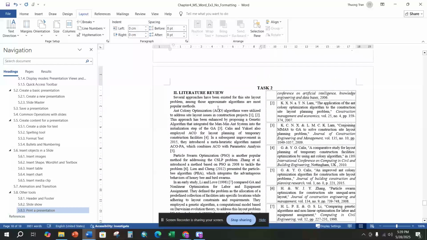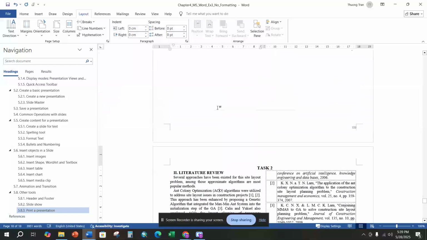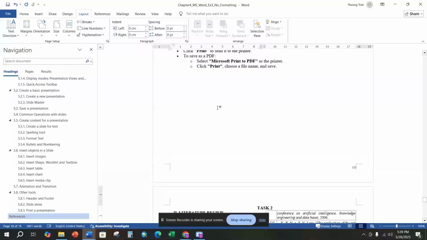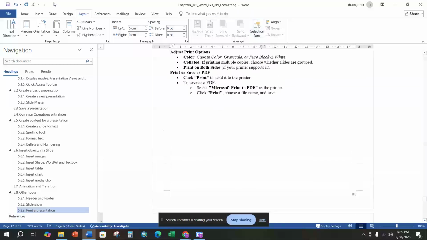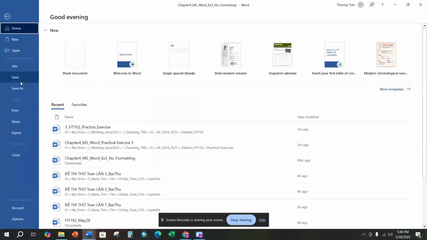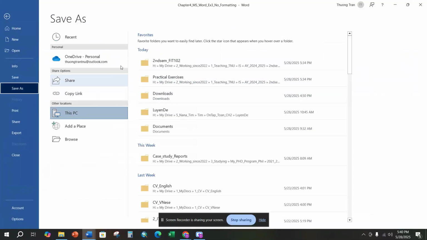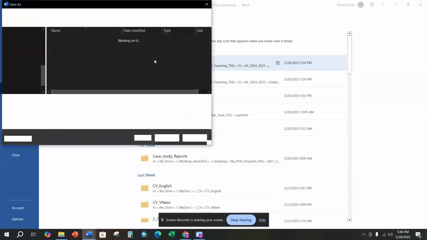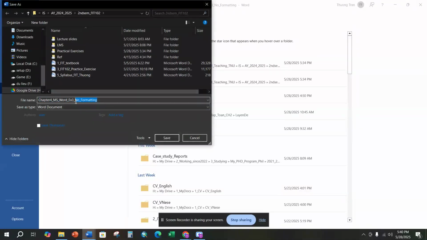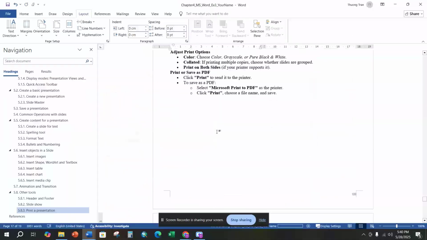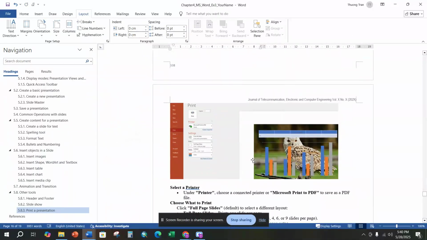You see, we are done with task 2, and then you can rename this file. Go here, File, Save As, so put your name here, save, and then submit this file